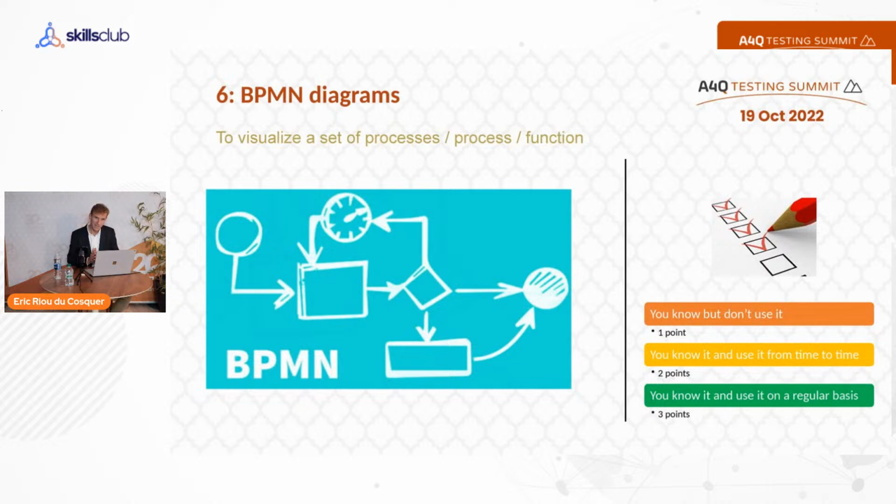However, BPMN is really very, very efficient to design different things. You can design a process cartography at the company level, for example, to show how the processes, ordering, billing, delivery will be coordinating. You can also use the BPMN diagram to describe a specific function, such as how to order an item on an e-commerce website. So it's also a good way to visualize the main activities and the main actors for a specific process. Next one